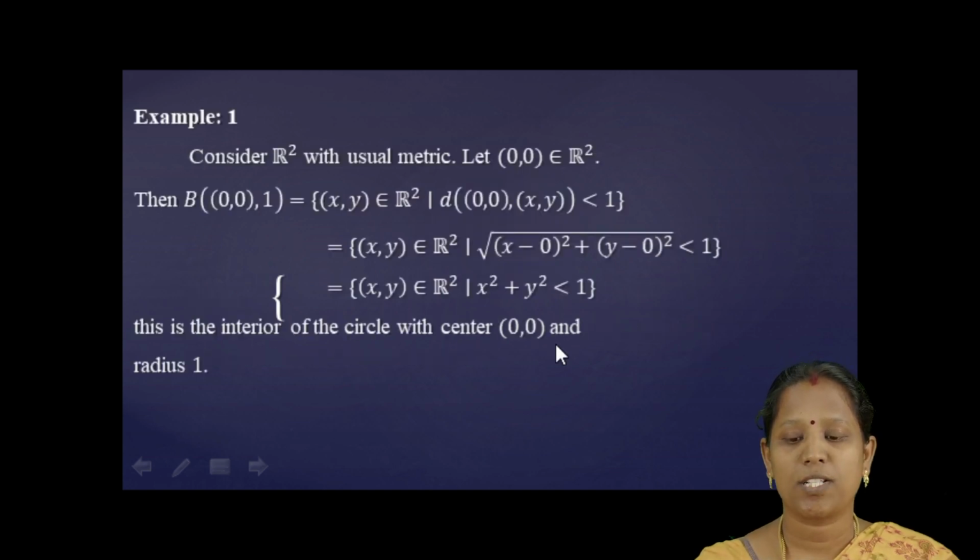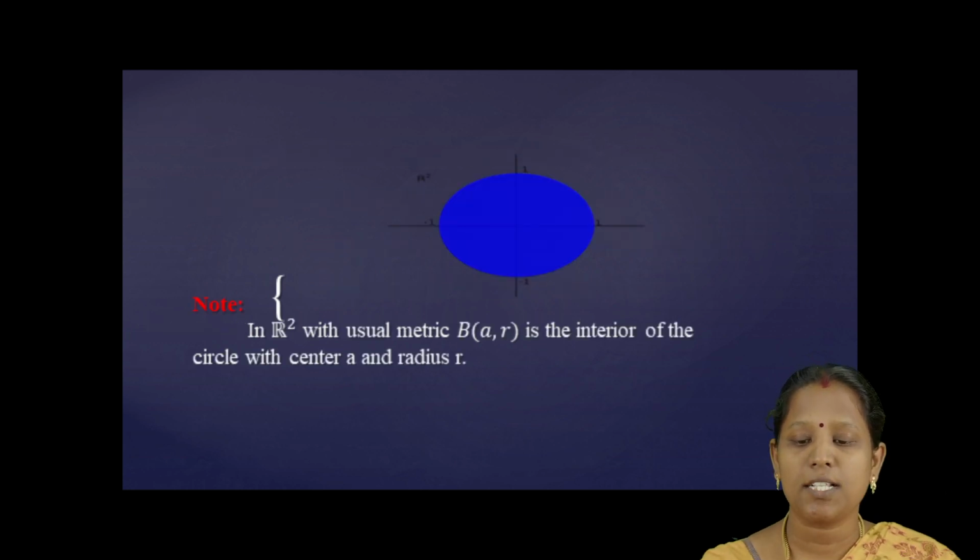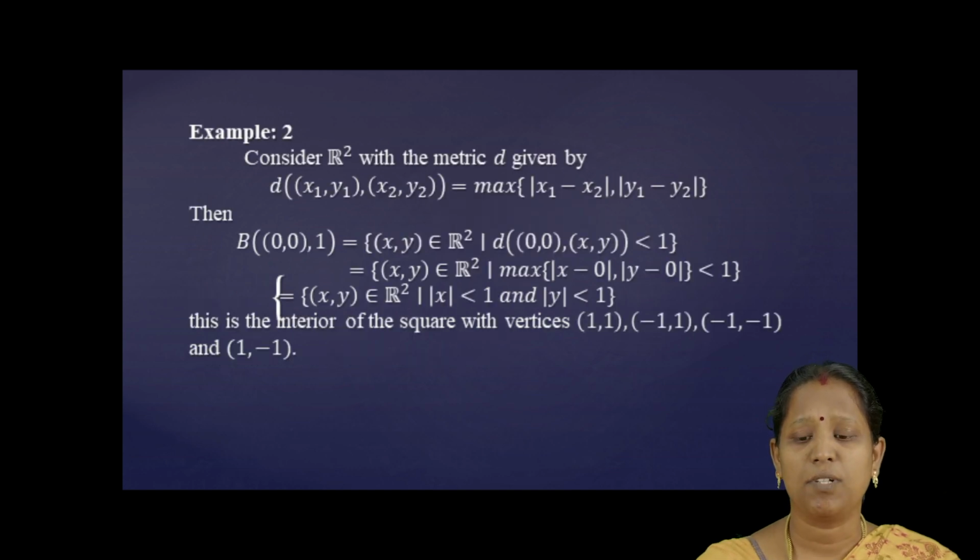x square plus y square less than 1 represents the set of all points in the interior of the circle with center (0, 0) and radius 1. This is shown in this figure. Generally in R2 with the usual metric, the ball B(a, r) is the interior of the circle with center a and radius r. In the next example, we show